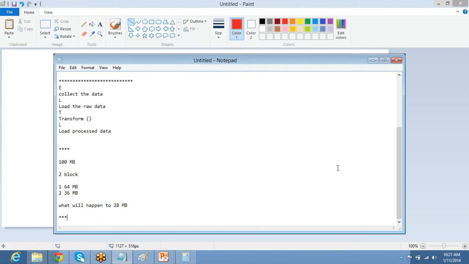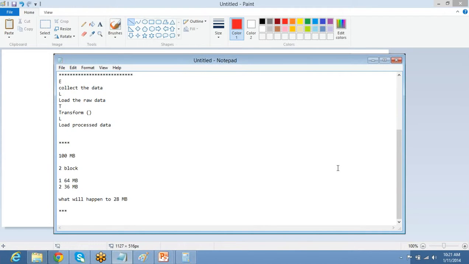The reason I answered this question is that in the organization where we work, we produce lots of data and we have a fixed block size, and if the data doesn't match up to that level, let's say 100 MB, our block gets reduced to the level where the data is available.